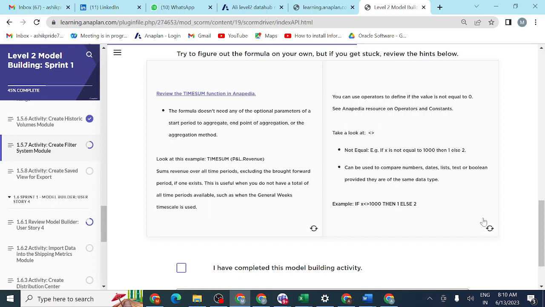So they are asking for an if-then-else statement, which can compare numbers, dates, lists, text and boolean, provided they are the same data type. So we should use an if-then-else statement, and then we should submit it in our Has Data formula.